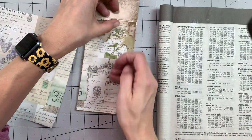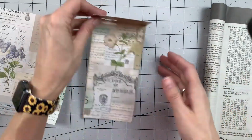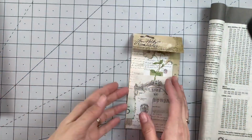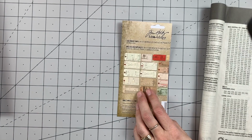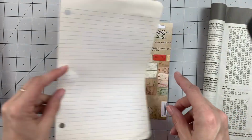I just feel like it finishes off the piece, so you will see me doing a lot of inking. I try to not ink the entire thing on camera. I try to bypass some of that, but it's really hard sometimes to edit the video for you guys to see everything if I keep chopping it up. So I try to take out some of that inking, but you will end up seeing a little bit of